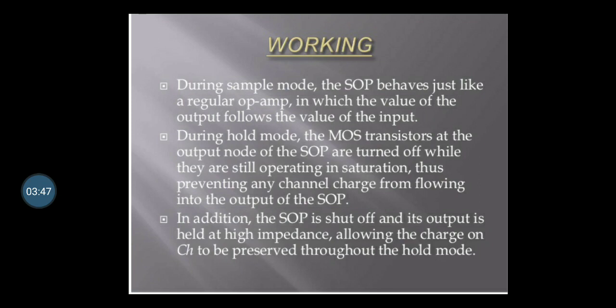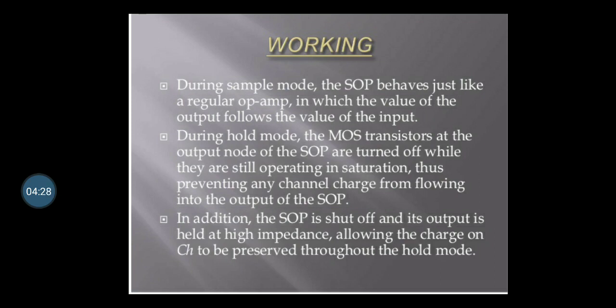Explaining the working of the sample and hold circuit, as already told, a MOSFET is used as a switch. During the sampling time, the MOSFET switch is turned on and the holding capacitor charges up to the level of the analog input voltage. At the end of the short sampling period, the MOSFET switch is turned off. So this isolates the holding capacitor CH from the input signal. As a result, the voltage across capacitor CH and hence the output voltage will remain constant at that of the input voltage at the end of the sampling time.